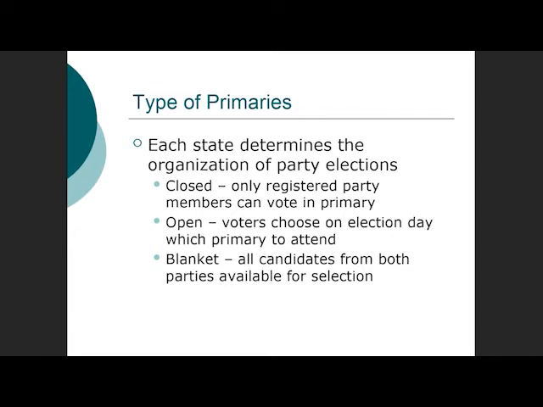So what usually happens is you'll get a party member, someone that identifies as a Republican, or 2 or 3 that identify as Republican, and a couple of them will be very close to each other, but neither one will get a majority from their party. Maybe there are 2 Democrats running and one of them gets the majority, so they're going to be on the general election ballot as a Democrat. There'll be a runoff between the 2 Republicans to see which one ends up on the general election ballot. And then you'll see if any other party gets in there.